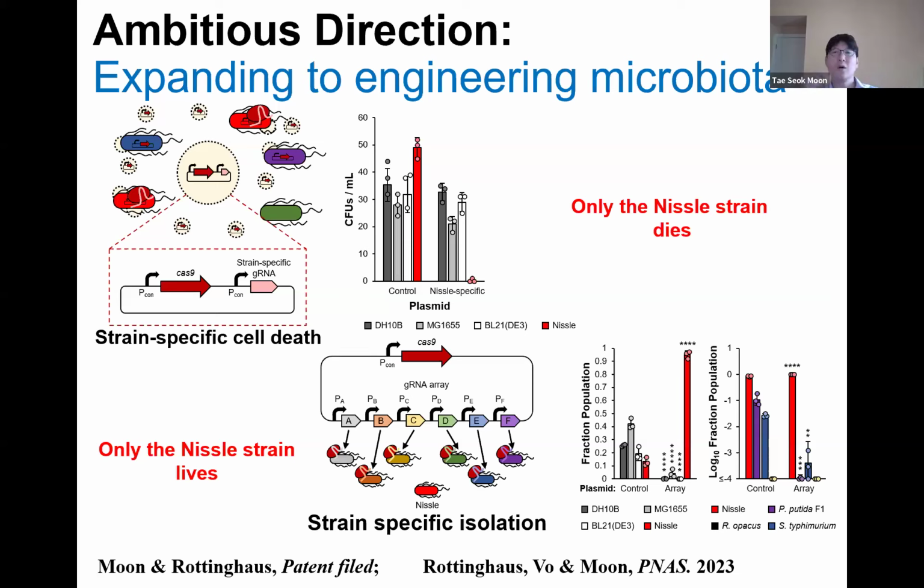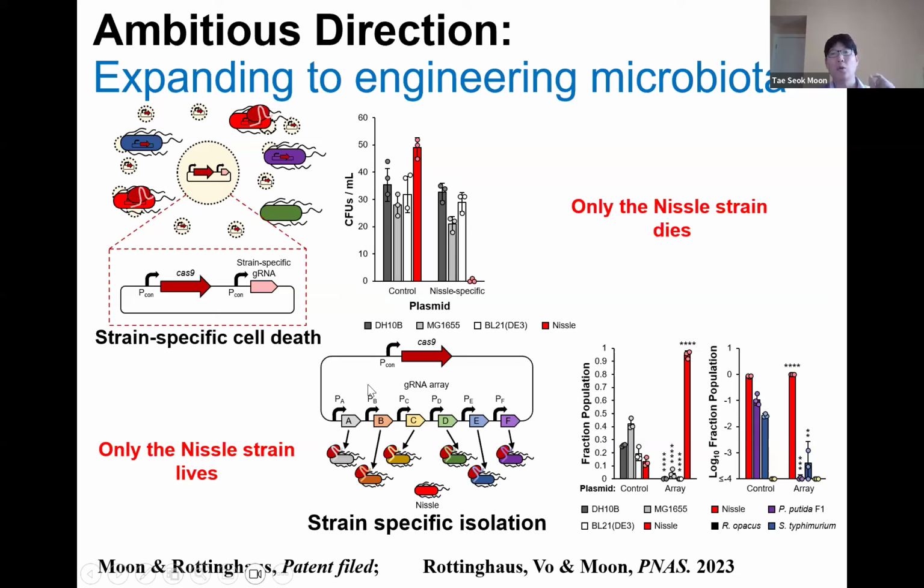That's what we found. Of course, not 100% efficiency, but still significant delivery into the cell. And as I mentioned earlier, specificity now comes from guide RNA. Even if some other bacteria, for example, DH10B in this graph, or MG1655, are sequence-wise very similar, only this one cell dies, but other cells survive using this method. So we are basically using the same technology to also